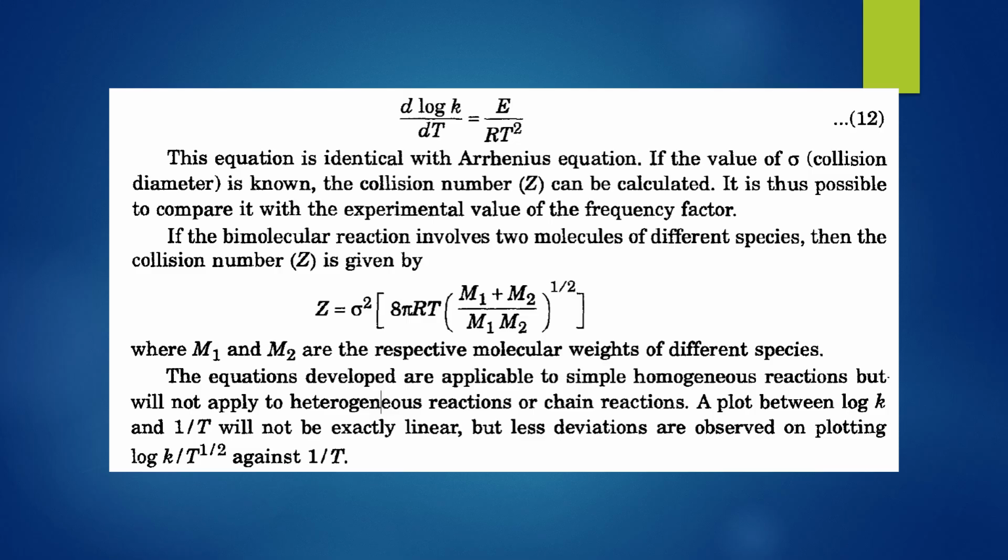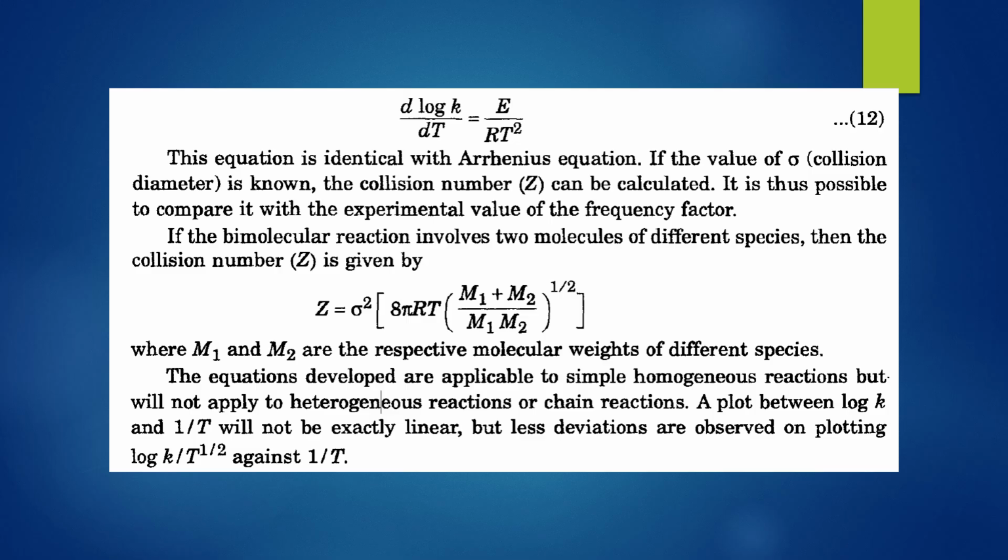Here we have the value of collision diameter and collision number calculated from collision theory. It is thus possible to compare it with the experimental value of the frequency factor obtained. If the molecules are of two different types, A plus B reacting to give a product, the collision theory equation will take the form Z is equal to sigma squared (8 pi RT into (M1 plus M2) divided by M1 M2) whole power half, where M1 and M2 are the respective molecular weights of the species A and B